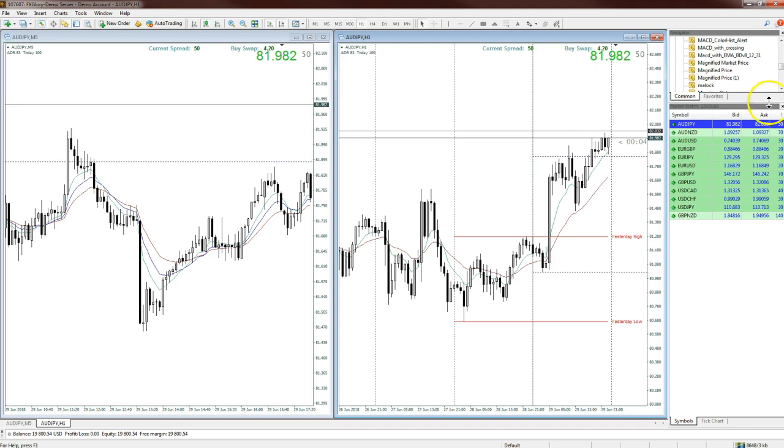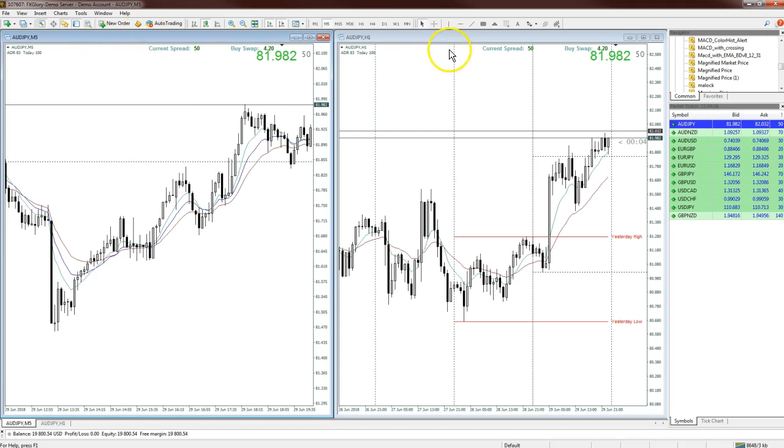But in brief summary, what it does is use 2 different time frames, which we've got up here, Aussie dollar and Japanese yen. I've got a 5-minute on the left, and I've got a 1 hour on the right. And I think what he's saying, and he explains it in quite a bit of detail, is that he waits for a pullback. So the basic rule is, if you were to imagine